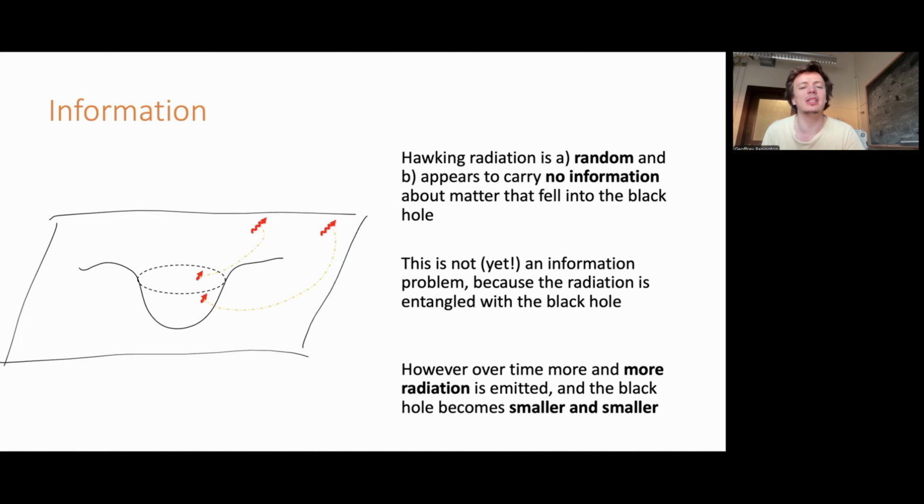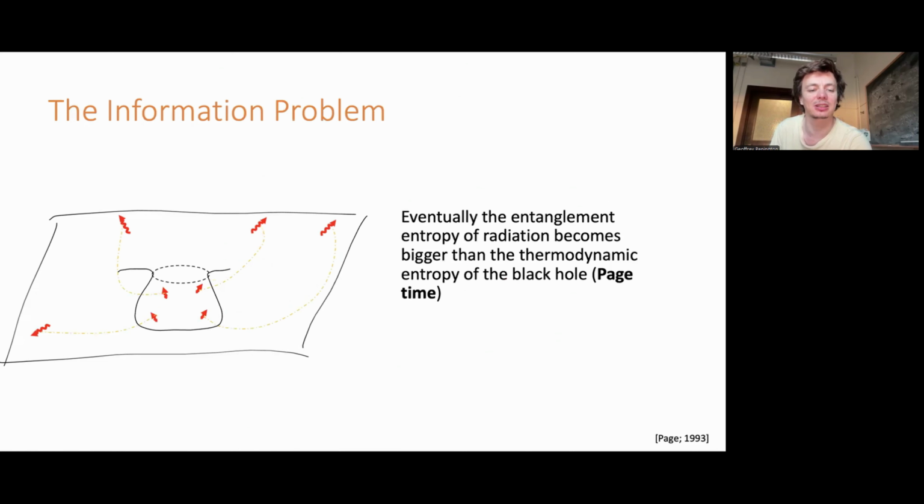However, the longer we wait, the more radiation the black hole emits. It just keeps radiating out thermally. And so we get more and more of these thermal degrees of freedom far away from the black hole. And moreover, each of them is carrying energy away, so the black hole has to be getting smaller. So eventually, if we wait long enough, we end up with some huge amount of radiation that's all escaped and all seemingly looks totally random, and a comparatively small black hole that's maybe a bit less than half the size